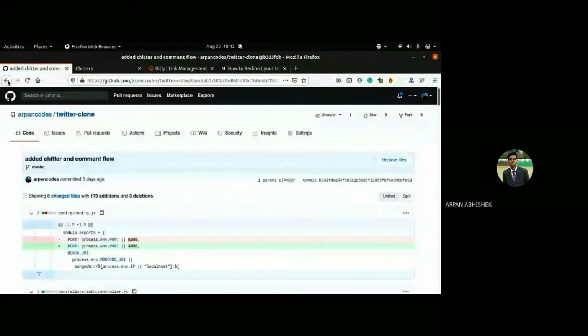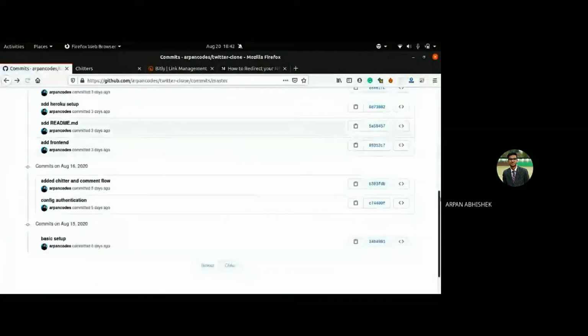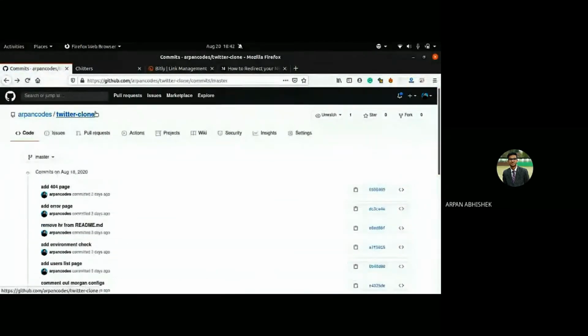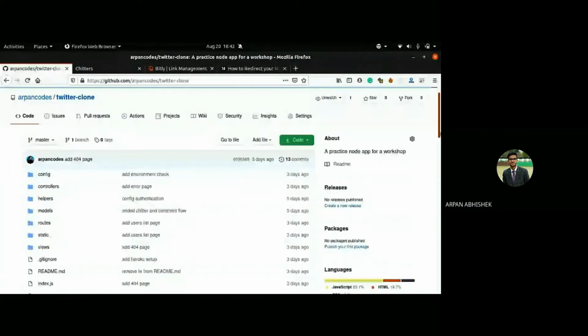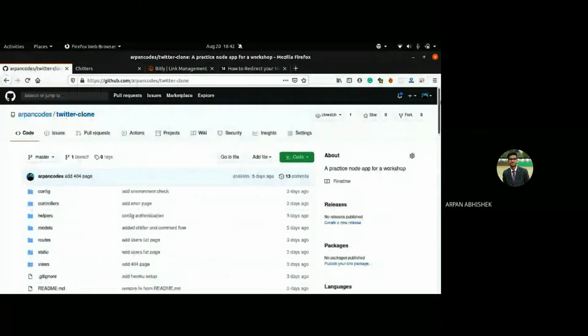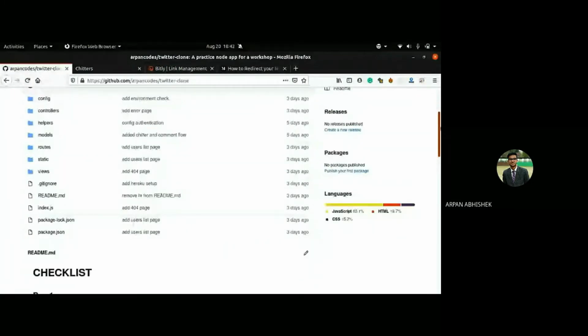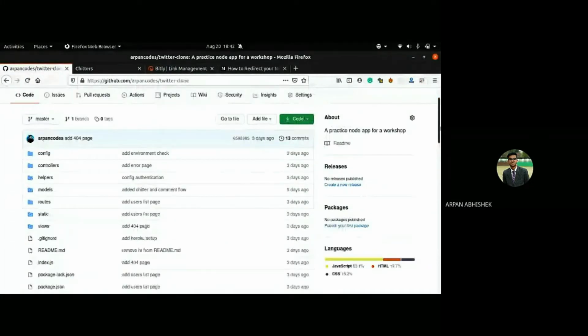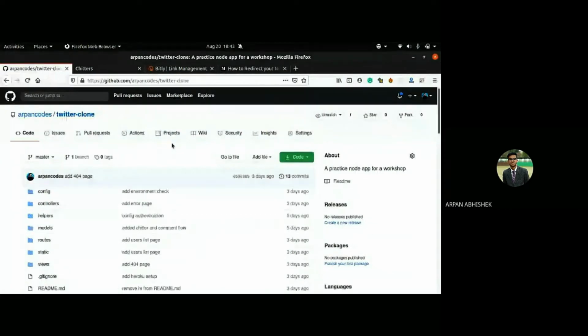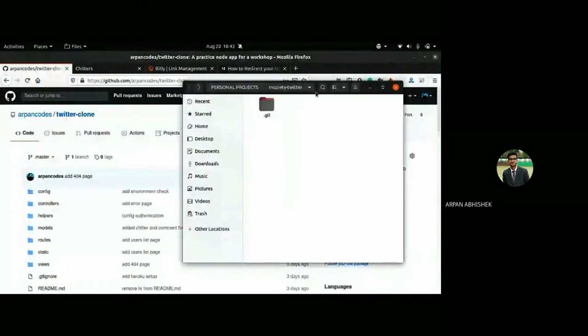Git is just for tracking local changes, and GitHub is just for storing your local repository to a remote location so that you can clone it anywhere and use it everywhere, and obviously collaborate with other people. So yeah, that's what Git is.